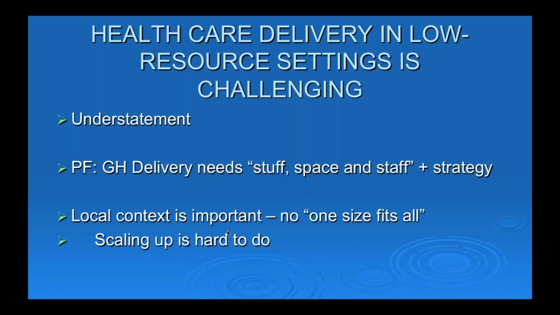A real basic aspect of global health is that it's not just public health, but it's also the delivery of health care. Two famous medical anthropologists working in global health are Paul Farmer and Jim Kim. Jim Kim started a project at Harvard called the Global Health Delivery Project. Some of what's important here has to do with the material needs for delivering health care in low resource settings, and that these need to be finely tuned for local context.